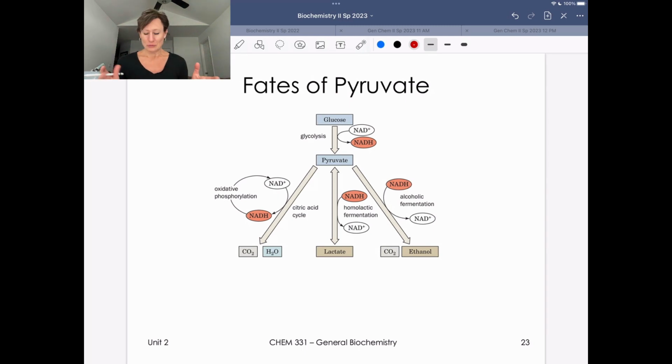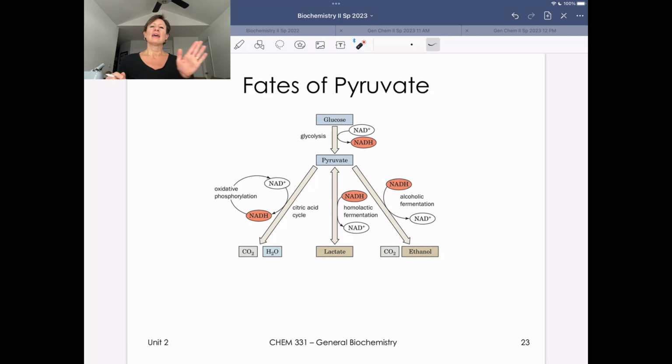So we've made it through glycolysis. I know this looks super simple, right? We just had like 10 crazy steps of glycolysis. But the endpoint of glycolysis is pyruvate. Now, what happens to pyruvate is generally determined by this question of are you in an anaerobic or an aerobic state? Okay, so we're going to take this high level view and talk about what happens